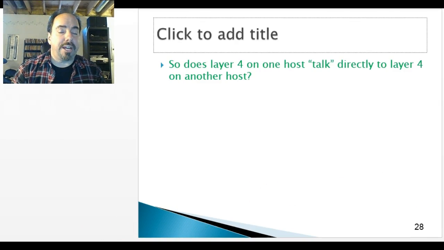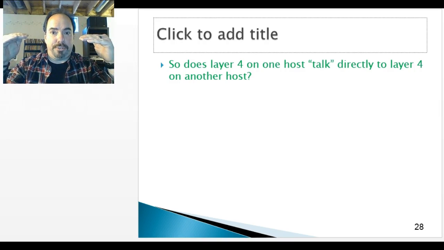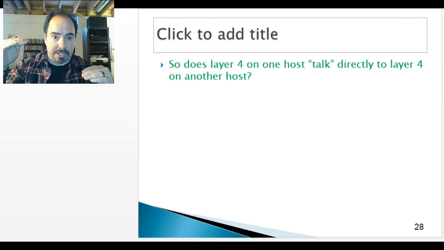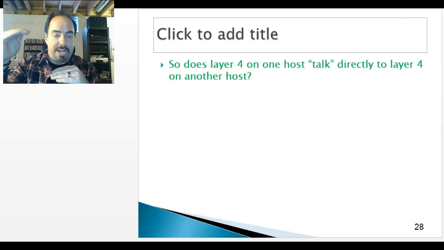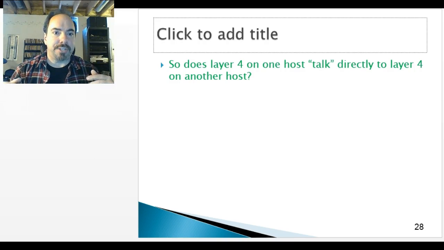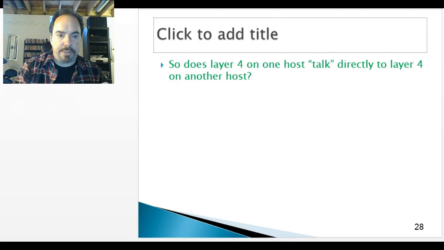Please do not forget, even though we're talking about how layer 4 talks to layer 4 from host A to host B, layer 4 does not talk directly to layer 4 on the other side. Because how does it go? It goes down the stack, over, and then up the stack. So we're just kind of abbreviating that process. It's assumed. So down the stack, up the stack. So on the other side here,